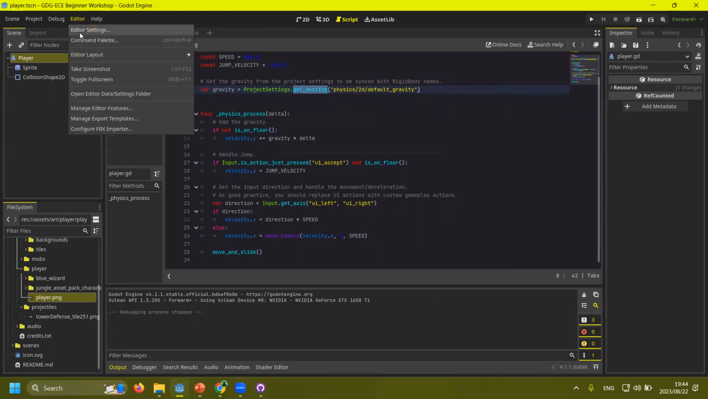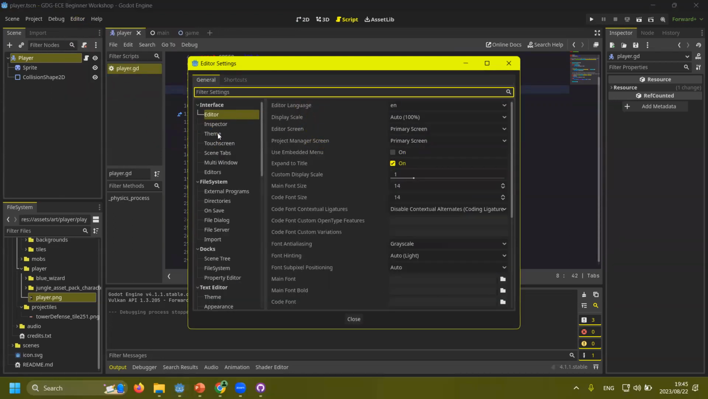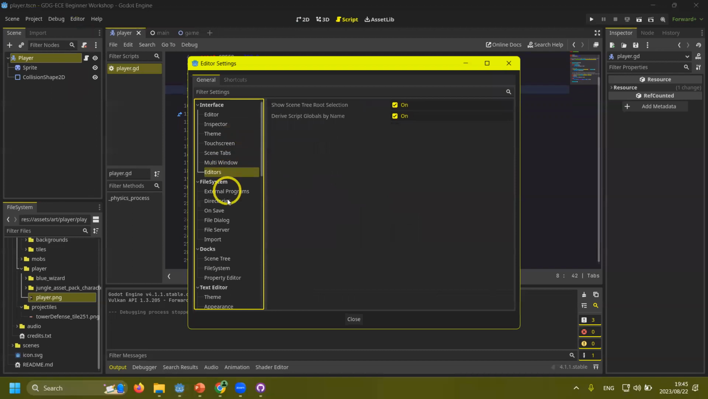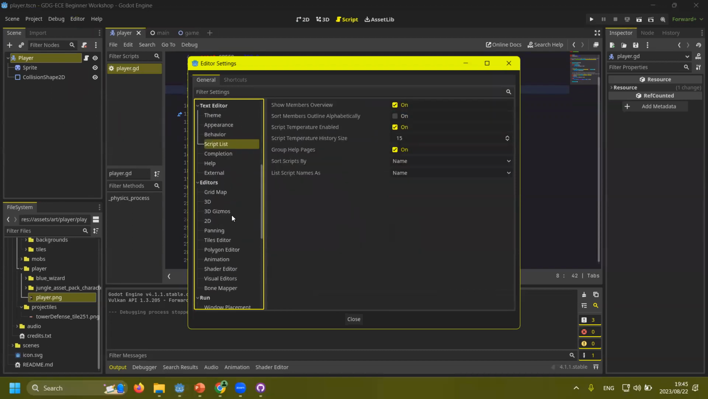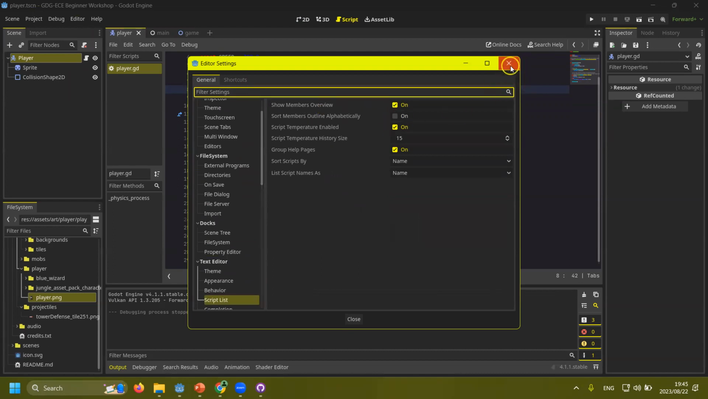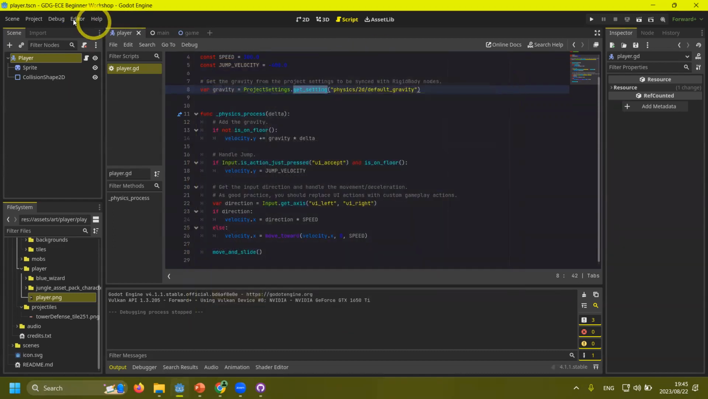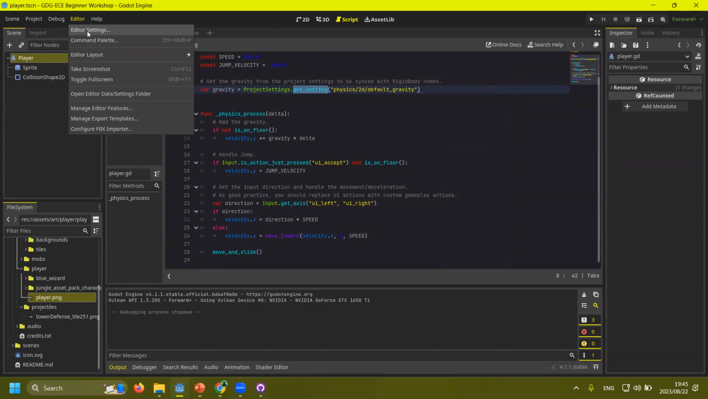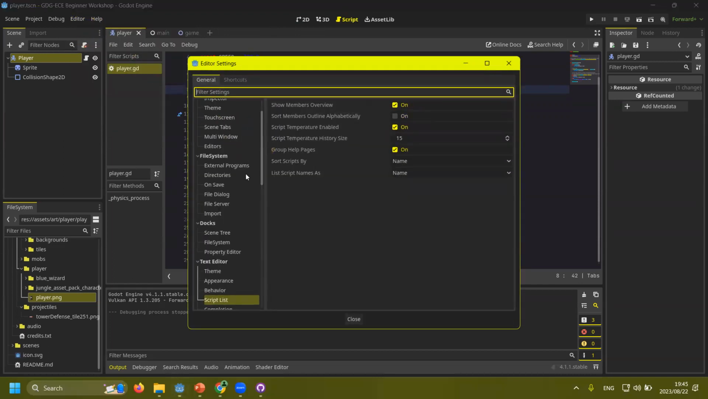You can edit your editor. This is specifically for you. You can change your editor to whatever disgusting colors you want. Mine is quite disgusting because I chose all the saturated colors. If you want to, you can go to editor settings. On the top left, the editor settings are here. This is specific to you. You go to editor settings,